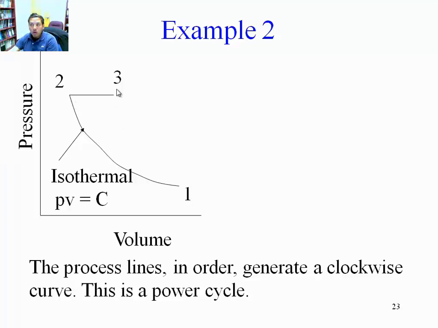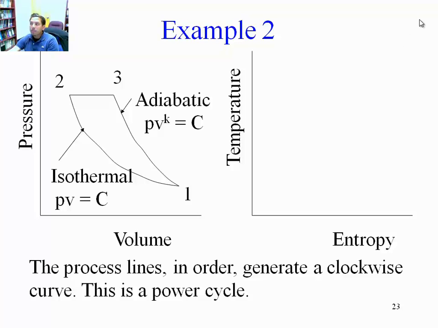And because it's larger, it's steeper, 3 has to be to the right of 2. If we had written 3 to the left of 2, then the slope from 3 to 1 would be smaller than the slope of 1 to 2, and that would not be an isentropic process. There it is. It's an adiabatic reversible process, or an isentropic, which could be approximated as P times V to the K equals a constant, although this equation cannot be used because we are going to use the variable specific heat model. So this equation is not valid.